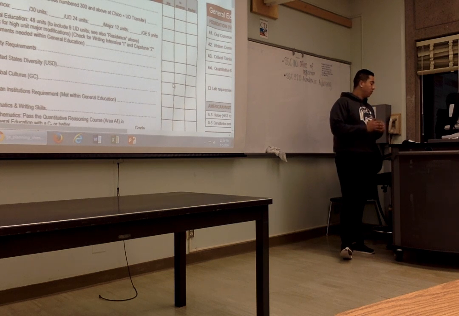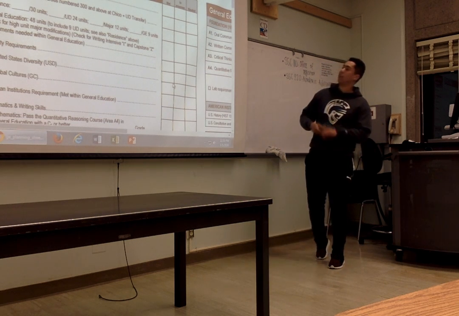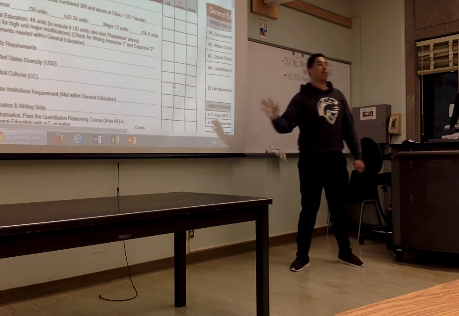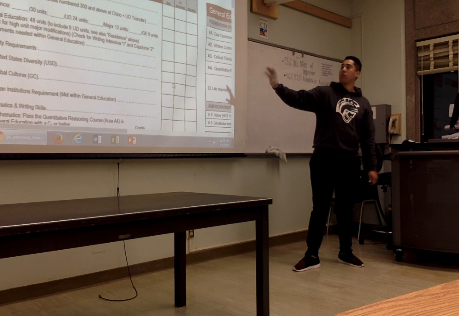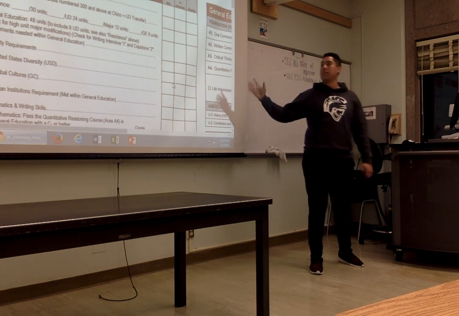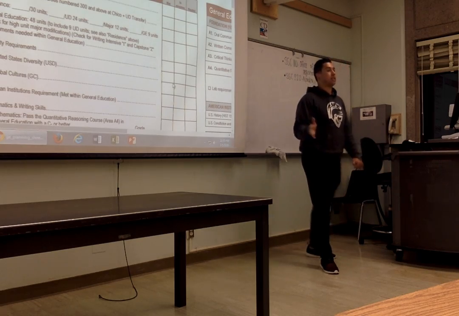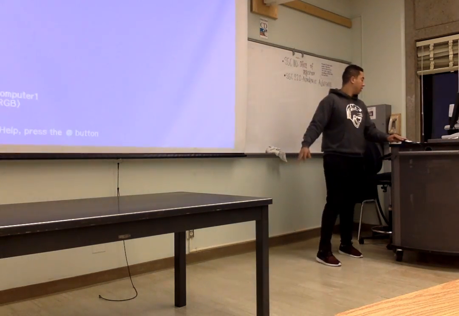Goes on to graduation requirement number 4, general education. And I'm going to go into a big spiel about general education. The thing you need to take away from graduation requirement general education is you need to at least have 48 units within general education. And I'll go into general education a little bit.